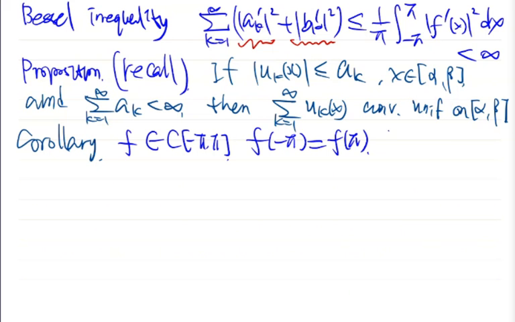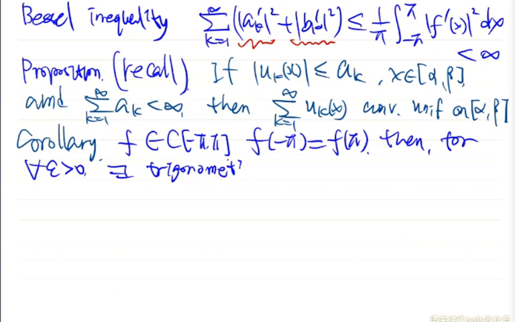Then for any epsilon positive, there is a trigonometric polynomial g. A trigonometric polynomial is a finite linear combination of sine kx and cosine kx, k from 1 to some n, okay? Such that